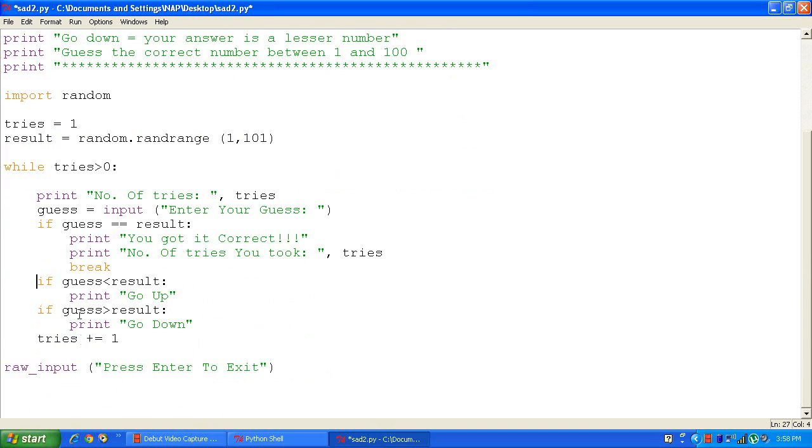And if guess is less than result, say go up. It's like a hint for them. If guess is less, then say go down. It means they should go down. And tries is plus and equal to, like when you say this,